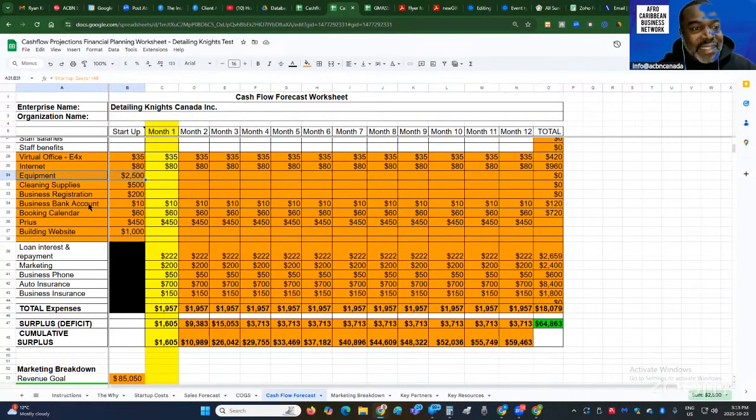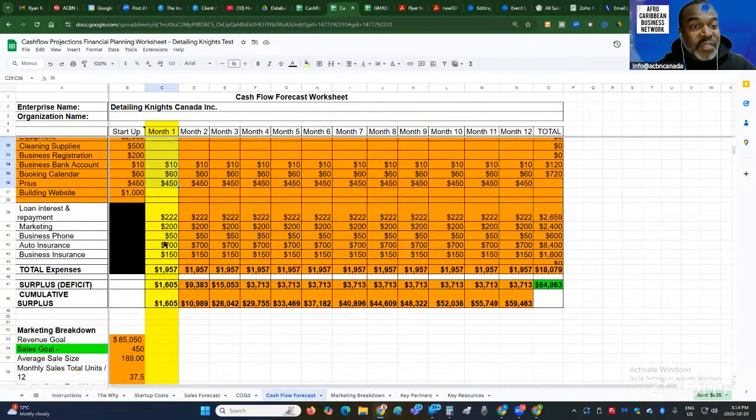But things like the business bank account, your booking calendar, the Prius payments, if it's lease payments, those are going to be every month. So you want to be able to track those. And then you also need to factor in any other monthly payments. So you remember the loan interest and principal, those will be monthly. So we calculated it in the startup cost section. It now comes into our spreadsheet. We're estimating how much we're going to pay in marketing every month. We're going to have a business phone. We're going to have auto insurance, business insurance. So our expenses come to